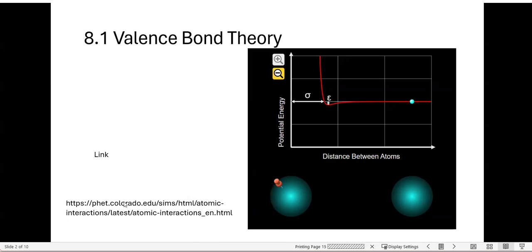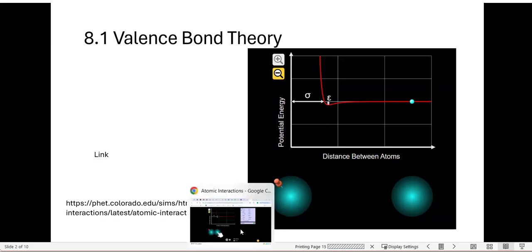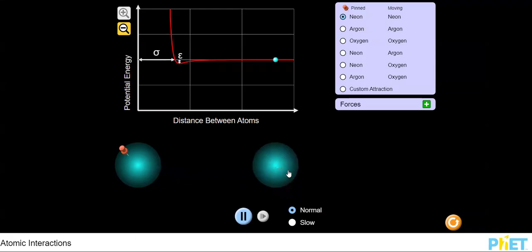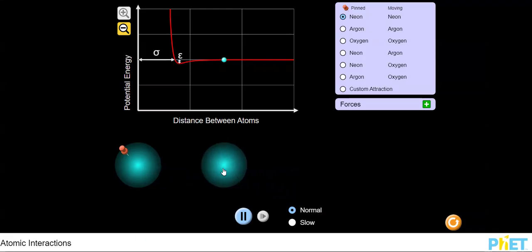So if we switch over to this PhET simulation, then it'll show you that if you have the atoms separated, they're weakly attracted. So it's kind of slow. So we'll bring it in closer. We'll see it's just like gravity. It's going to pull it in, and then they're going to collide and bounce out, and this just continues. And so if we change to other atoms,